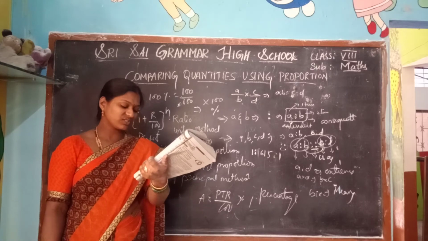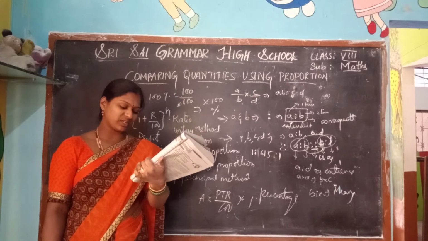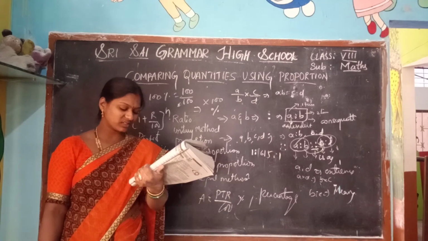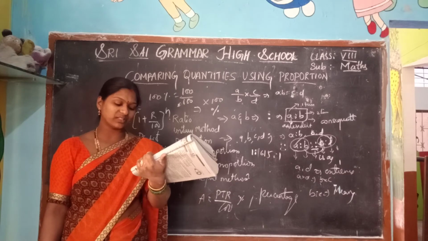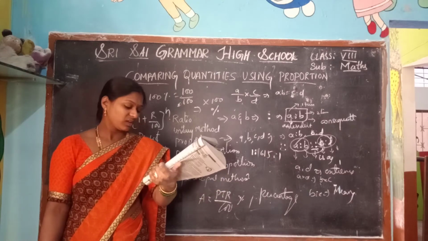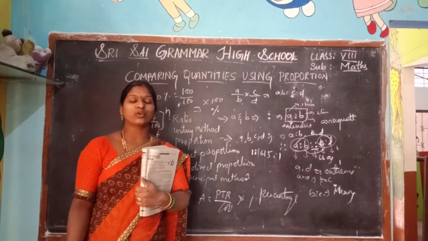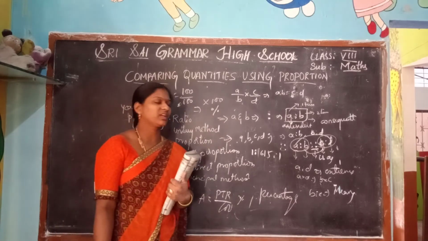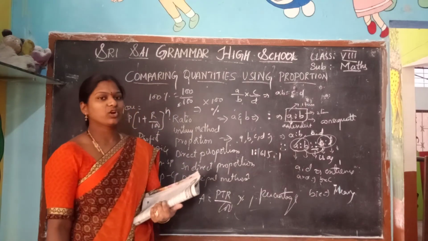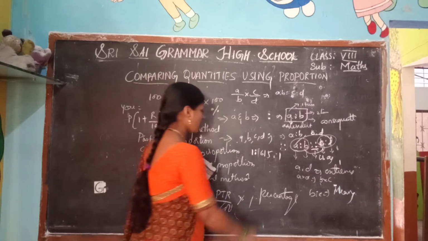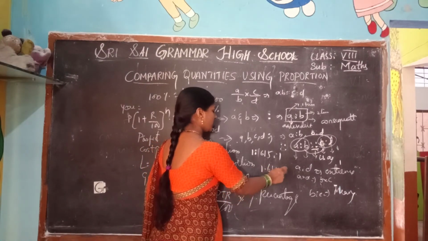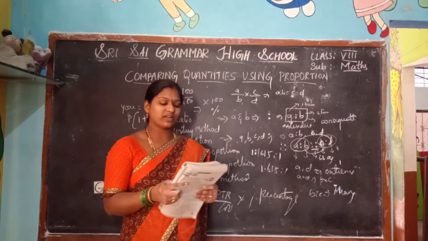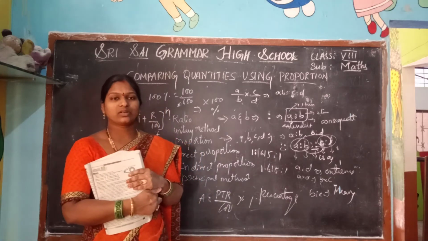Ancient Greek artists and architects believed a particular rectangular shape was very pleasing to the eye, for rectangles with the ratio of the sides being roughly 1.615 is to 1. Now we are going to compare quantities using proportion like this.